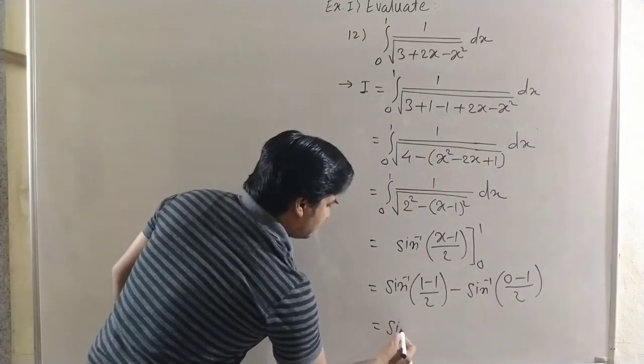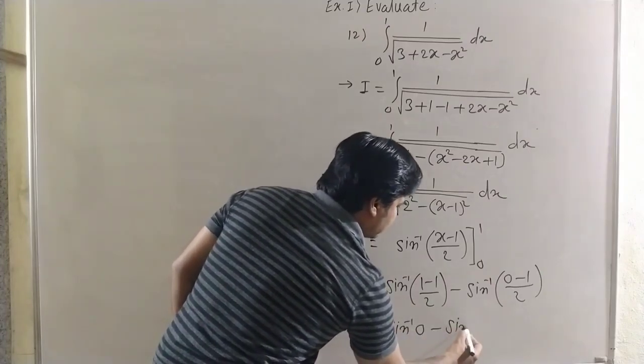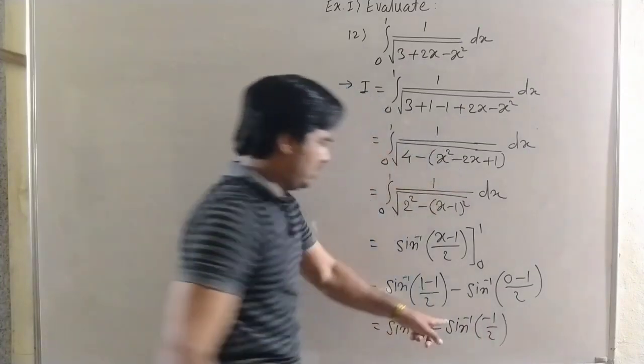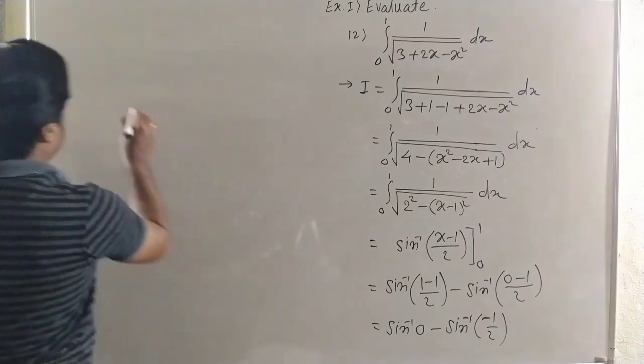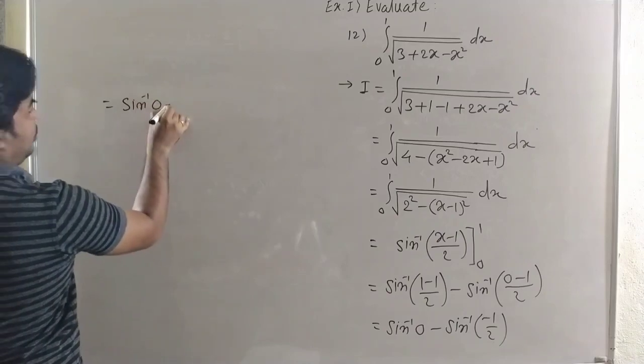Then it is sine inverse of 0 minus sine inverse of minus 1 by 2. Again here we use the property sine inverse of minus x is equal to minus sine inverse x. So we can write here sine inverse of 0 plus